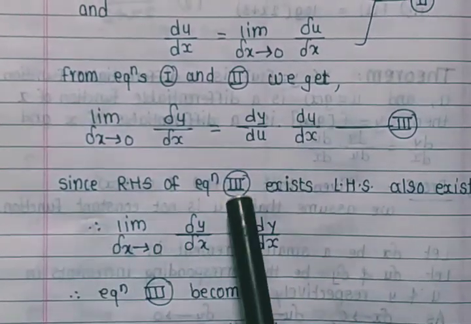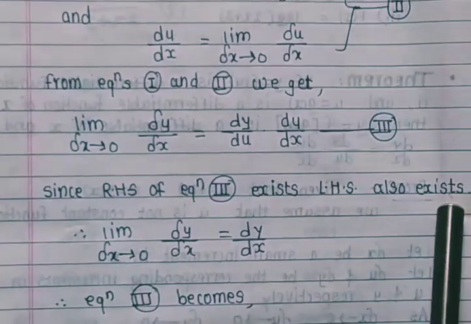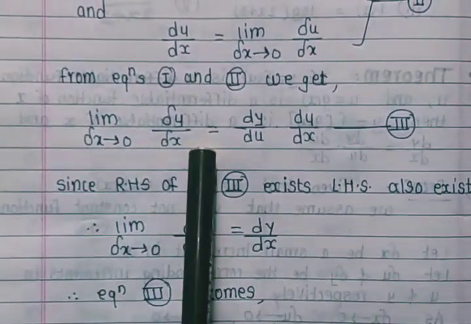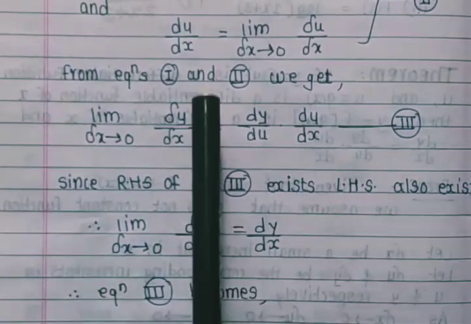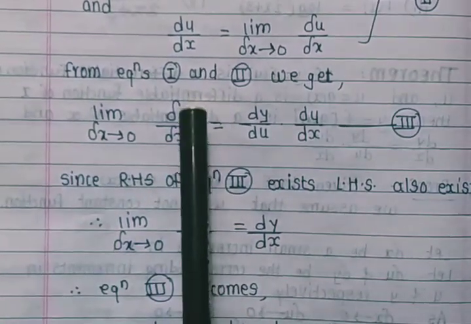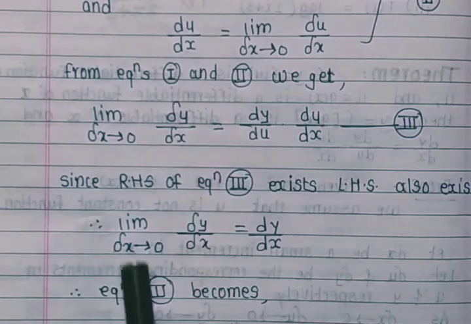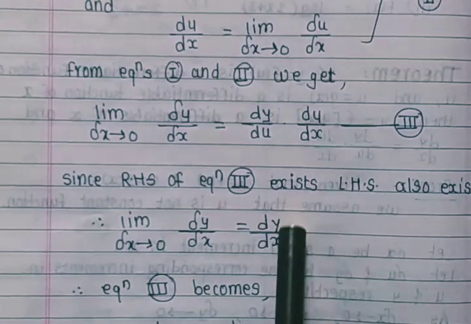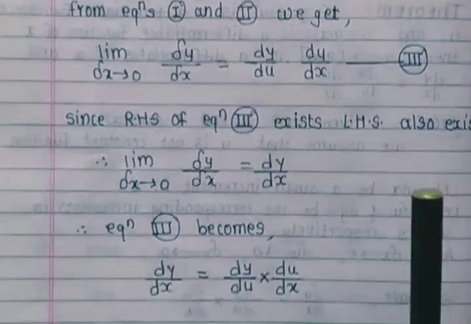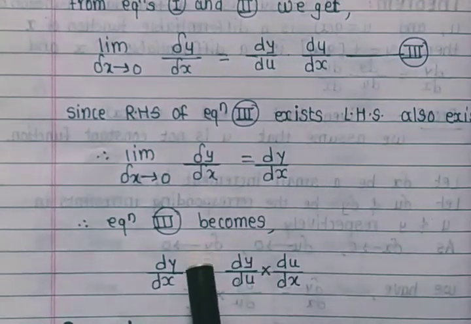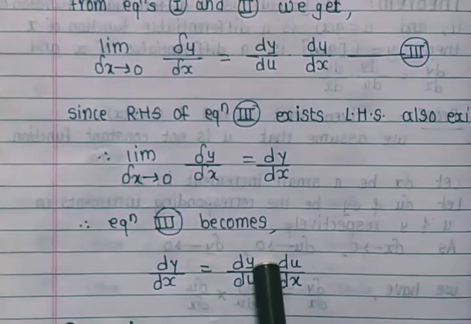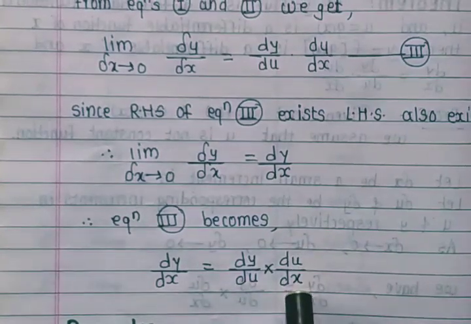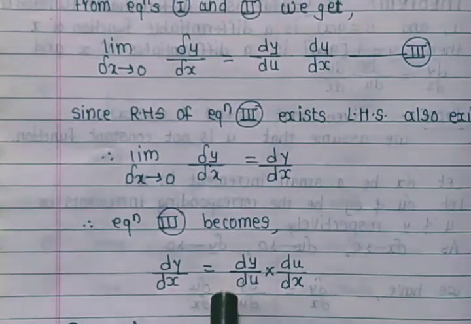Since the RHS of equation 3 exists, the LHS also exists. So the LHS exists, meaning this limit exists, and again by Leibniz notation it can be written as dy by dx. Therefore, limit delta x tends to 0, delta y divided by delta x is equal to dy by dx. Therefore, equation 3 becomes dy by dx is equal to dy divided by du into du divided by dx. This rule is known as the chain rule,